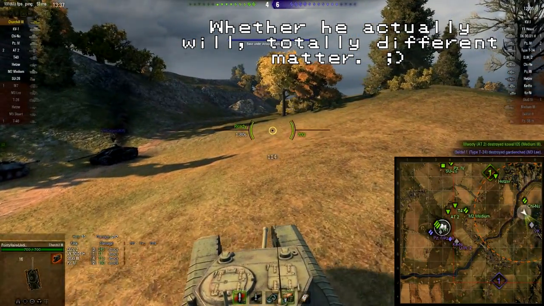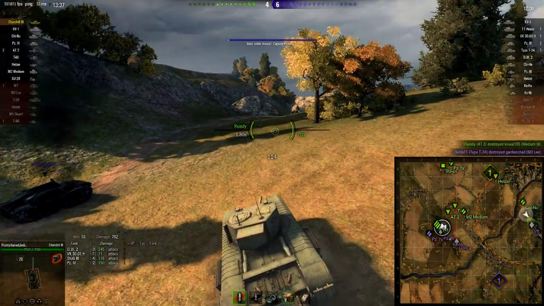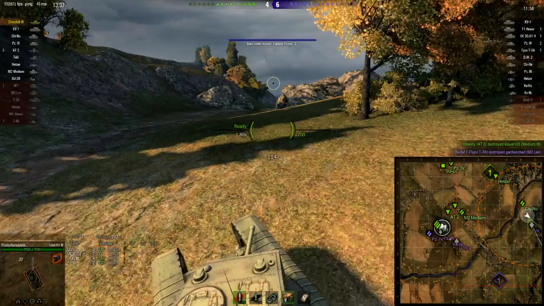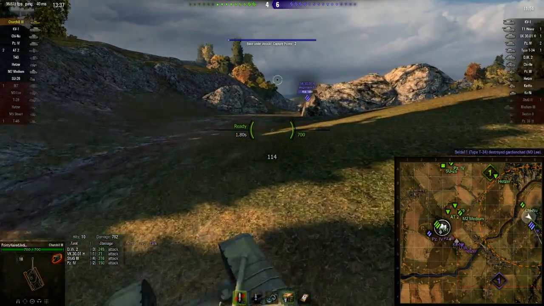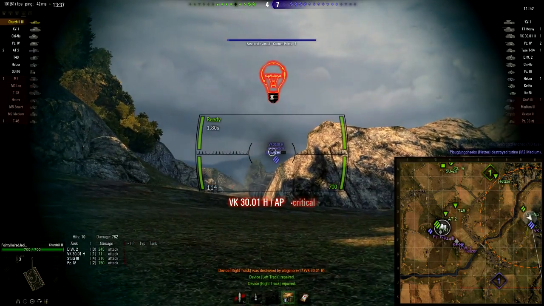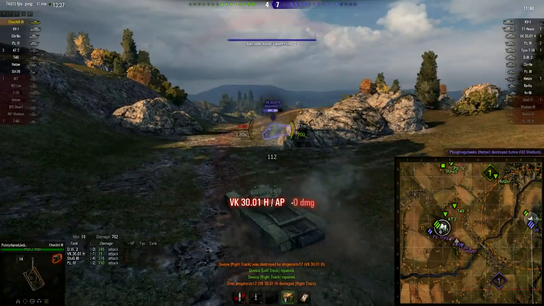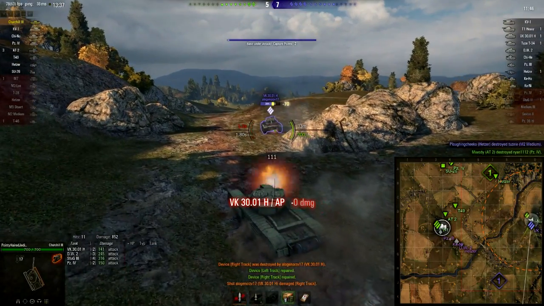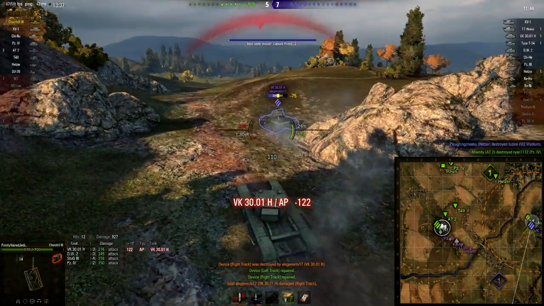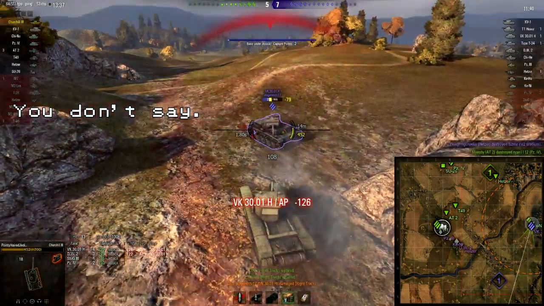Anyway, that VK3001H is somewhat damaged. The Chernu obviously put in one shot. I'm going to have to finish him off. I've got full health at this point, and I know that he doesn't have much armour. And I kind of get a bit overconfident. I think, okay, he doesn't have much armour. He's bouncing shots off me. It's fine. And then I just start to balls it up, and I start to bounce shots off him,